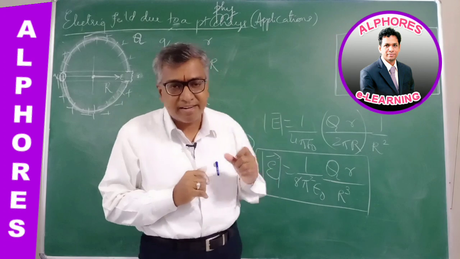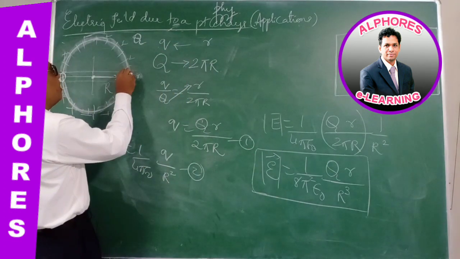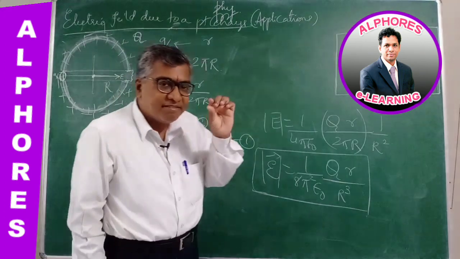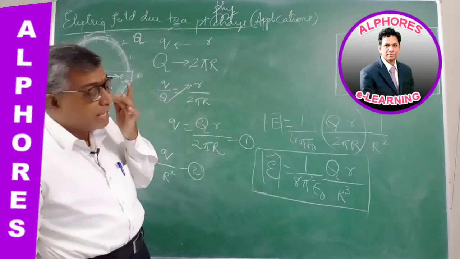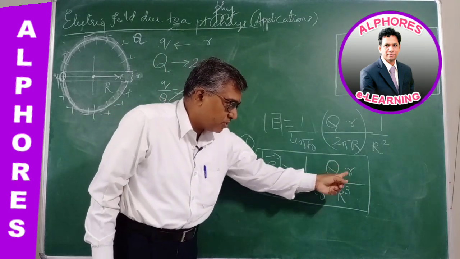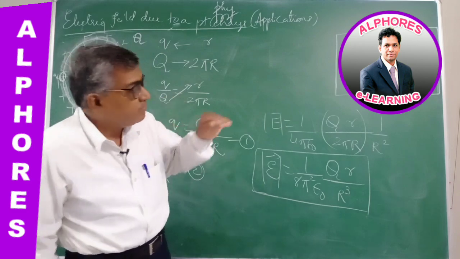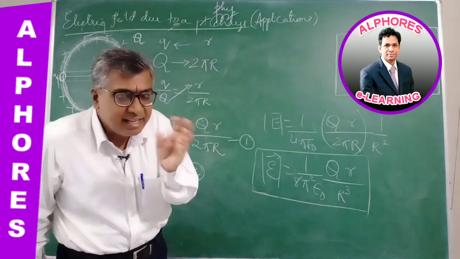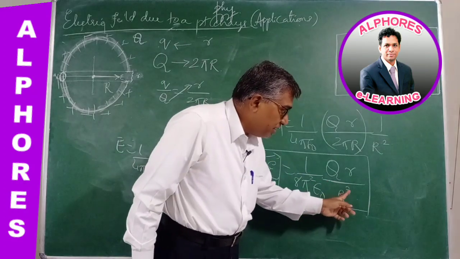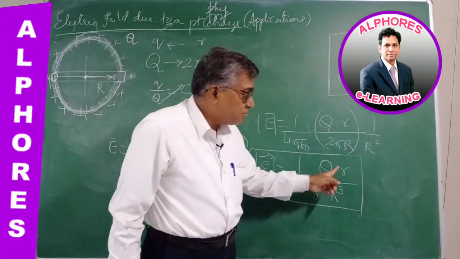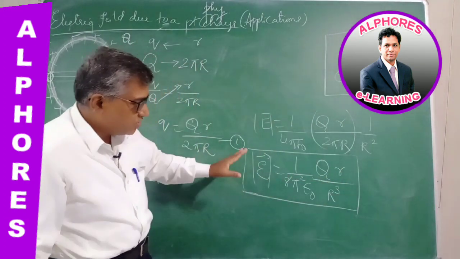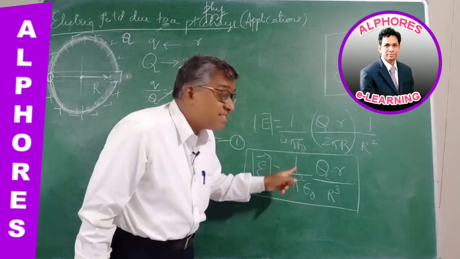But a small part is being removed, it seems. So a small part of length small r is removed. Then what is the field? The field that is unbalanced there is 1 by 8 pi square epsilon naught, capital Q small r by R cube. A very beautiful question. You know, in the options, he'll jumble the things. Instead of pi square, he'll give you pi. Instead of R cube, he'll give you R square. Instead of small r in the numerator, he'll give it in the denominator. So he'll jumble the things, right? So it is 1 by 8 pi square epsilon naught.